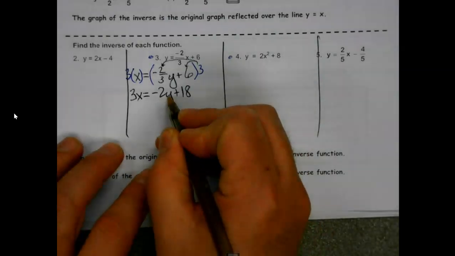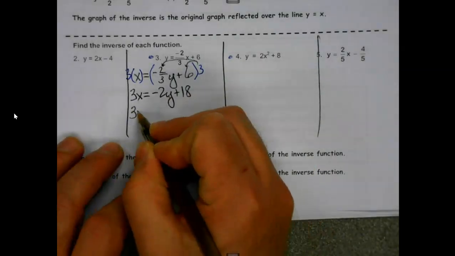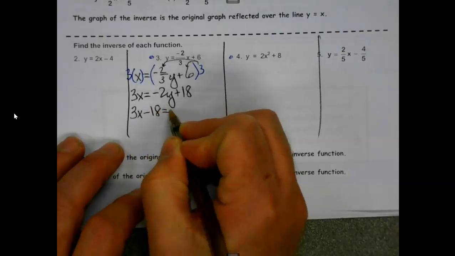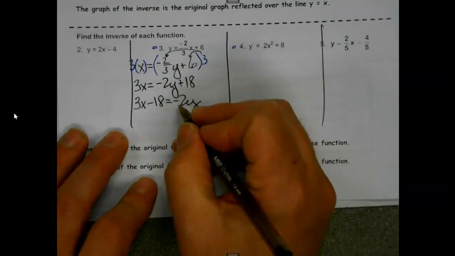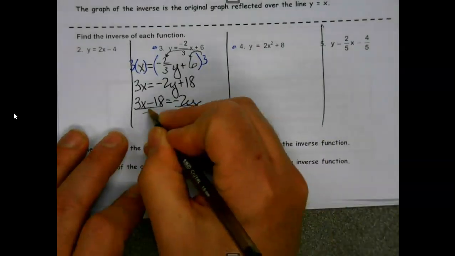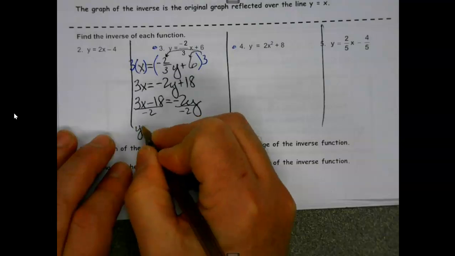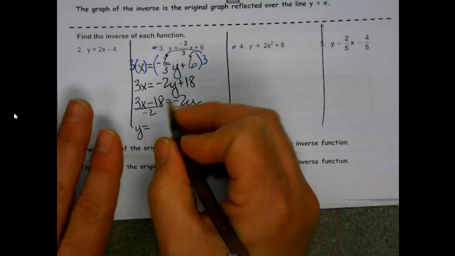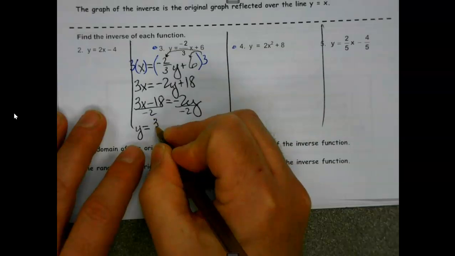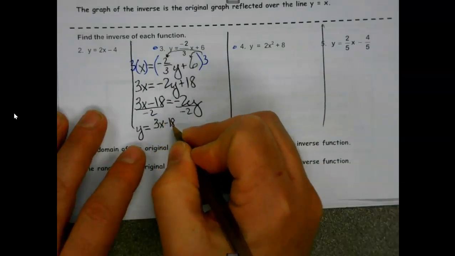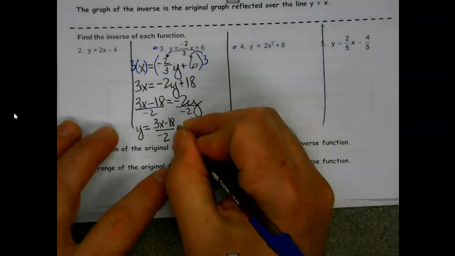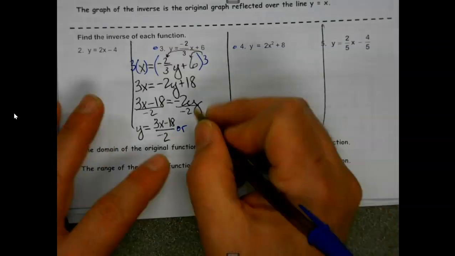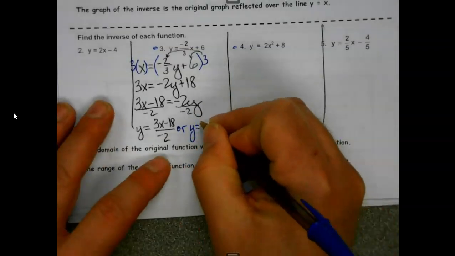And now we're trying to get this by itself, so we'll minus the 18 over. And then divide by -2. Here's where something becomes your call. If you're just finding the inverse, and you decide you're going to leave it this way, that's fine. Now, I wouldn't want to try and graph that in that form. So when you're looking at our solution manual, you might see this instead,